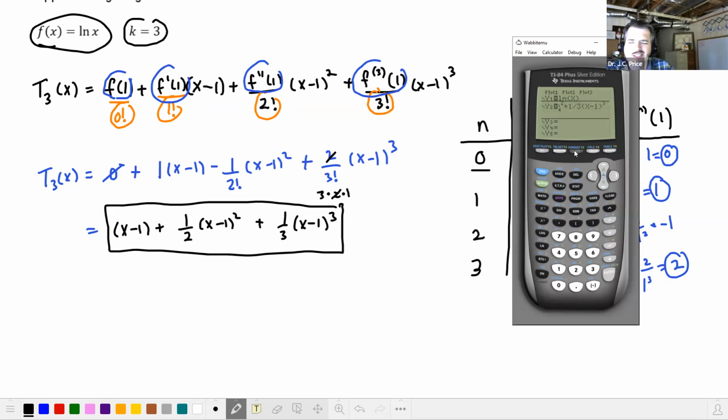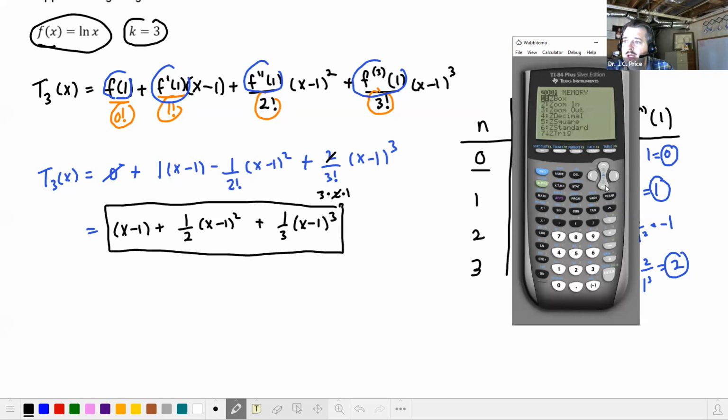So we'll just do a standard window at first. You can see they're not actually exactly the same graph. So here's the standard. There's my ln of x function right there. And over here comes that cubic function, because it's degree 3. And notice the two graphs are not the same, but if we zoom in towards 1,